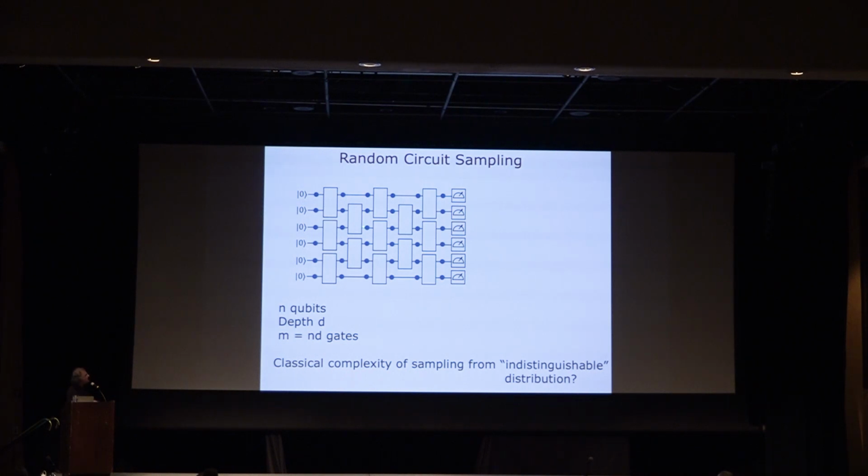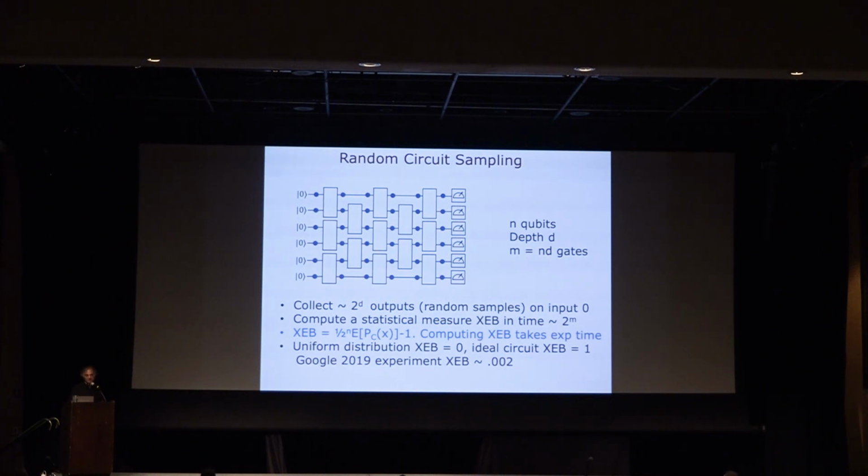So in a random circuit sampling experiment, you have a quantum circuit, n qubits, depth d, the number of gates is n times d, and then it's of course a noisy quantum circuit, so there's noise on each of the wires, with some probability. Okay, and just to remind you, the way we think about an RCS experiment is we collect about 2 to the d output samples, we run it on input all zeros, and then we compute some statistical measure